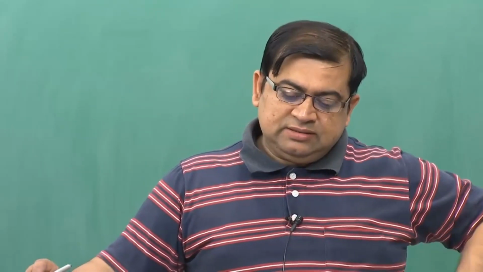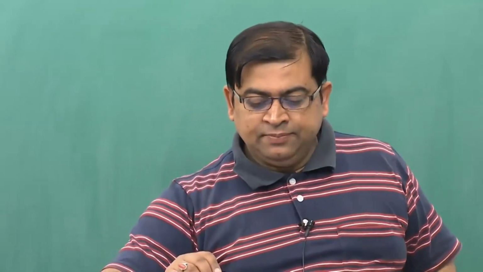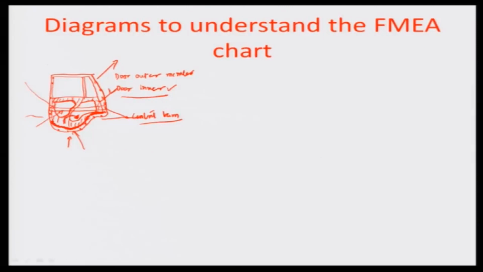Now, when you are looking at the potential causes or the mechanisms of the failures, you closely study the paint shop line and see what the different responsible reasons are for why this wax coverage may not happen. So one of them is that the manually inserted spray head is not inserted enough. Obviously, when you are talking about a door subassembly, you see here how difficult it is for the operator to take a wax nozzle, which may look something like this,